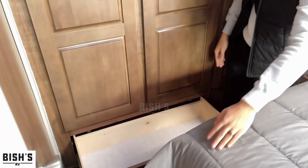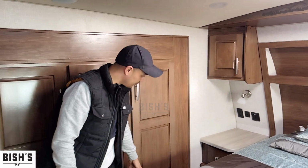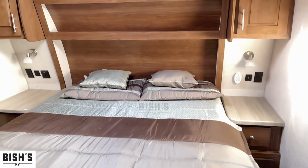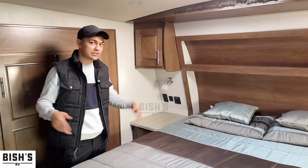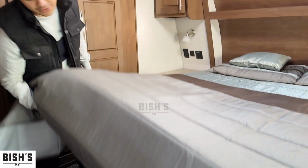It's so big. So you have a massive dresser drawer. You have another drawer right there. You have another drawer right there. Another cubby. The mirrored on this side, what I just pointed out, another drawer and a cubby. Then you have these. There's storage in this rig, you guys. Usually when they're this long, like I said, they don't do this good at storage. So and then you can't forget that under the bed,